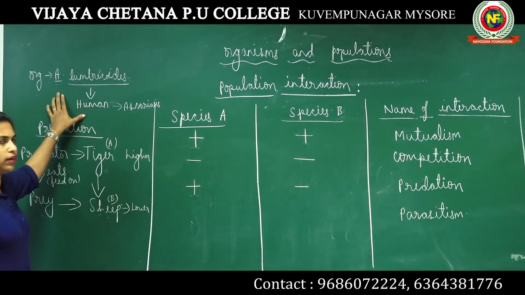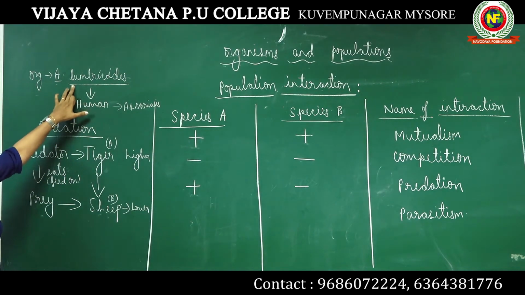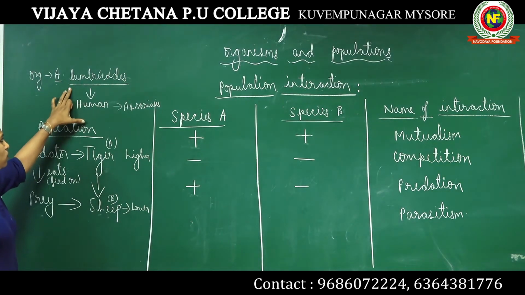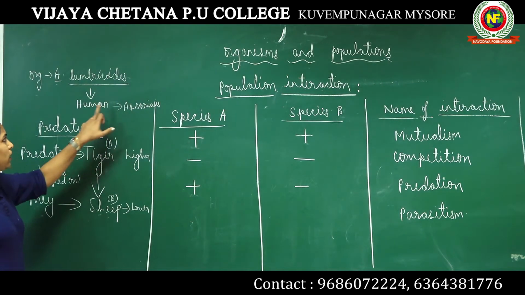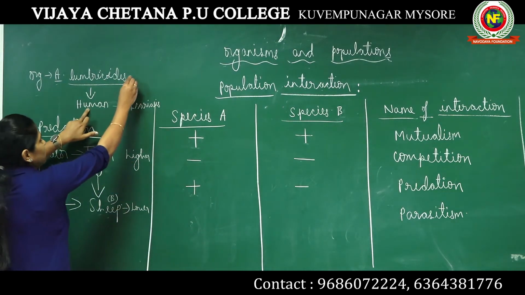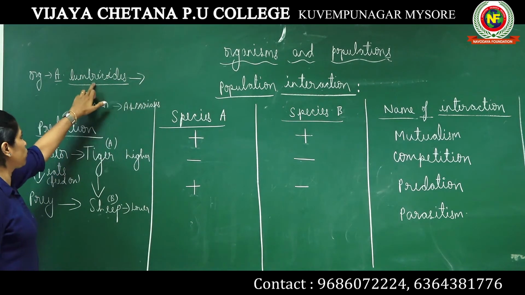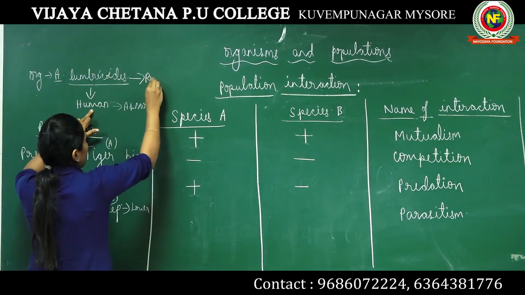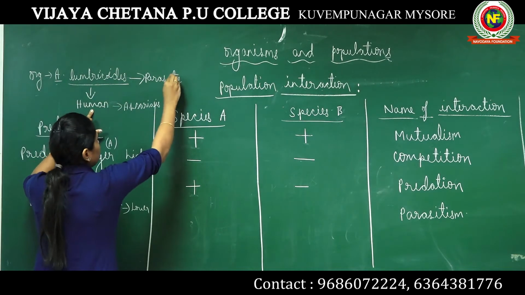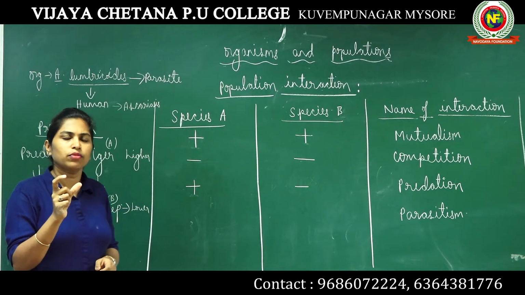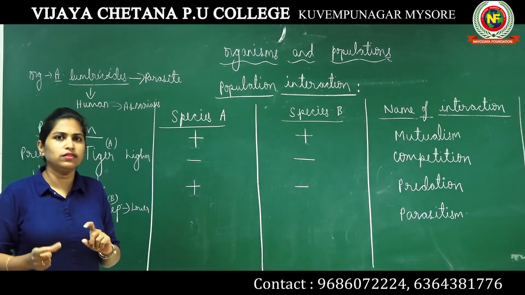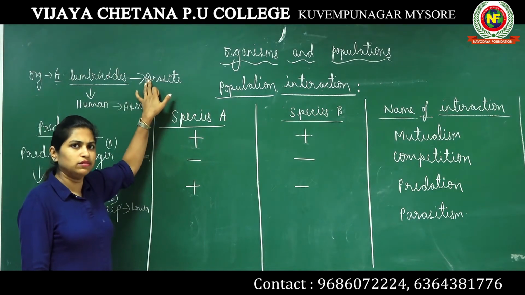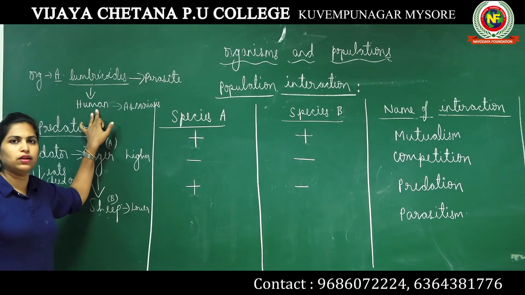So let's not go into detail. We will just know that Ascaris lumbricoides is a roundworm which causes this disease known as ascariasis in human beings. So this is a pathogen, right? Because it is causing a disease in a host or a human being. So this can be considered as a parasite. A parasite is any organism which will cause a disease in another organism.